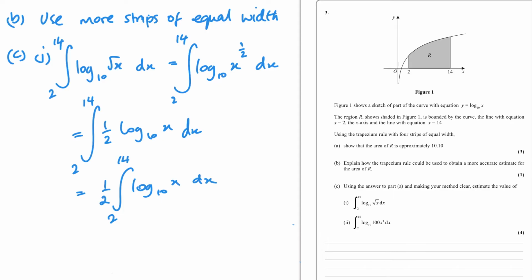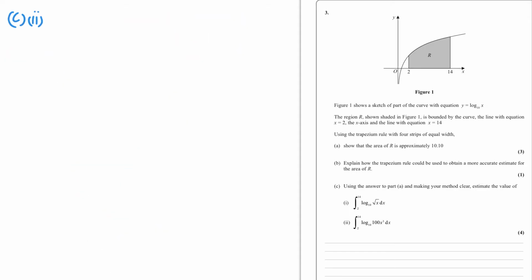Now we already worked out what log of x to the base 10 is, and that's 10.10, so we actually end up with a half times 10.10, which is 5.05. And that's my part 1 done, and part 2 is going to be something fairly similar. So let's think of it. This time what I'm going to do is just write this out. 2, 14,